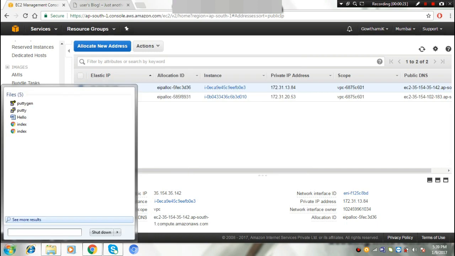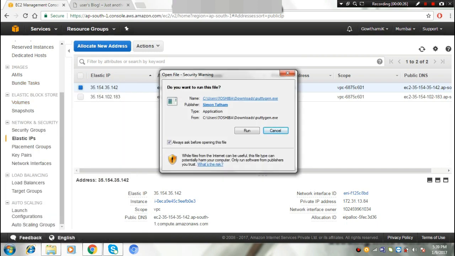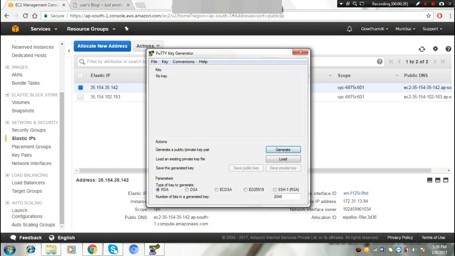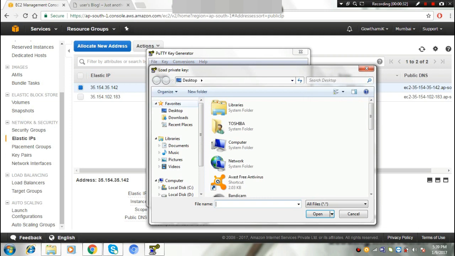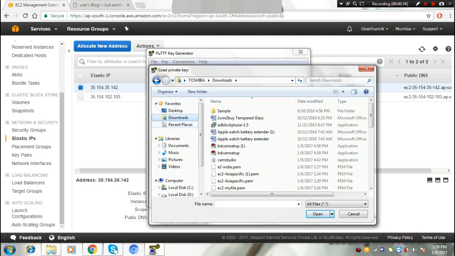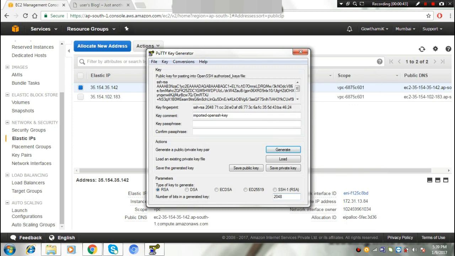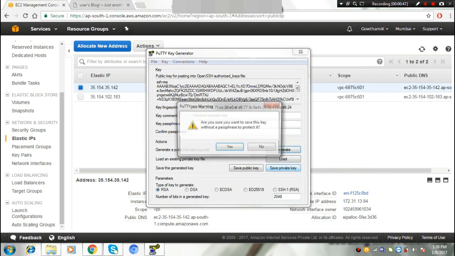First we have to go to PuttyGen because we want to convert the .pem file to a .ppk file. Go to conversion, import key, and select the .pem file we downloaded before. Then convert that to a private key.